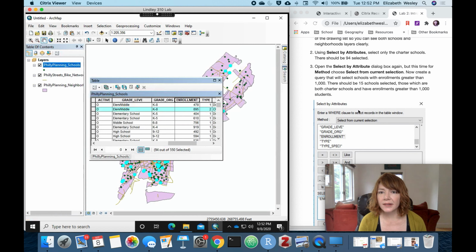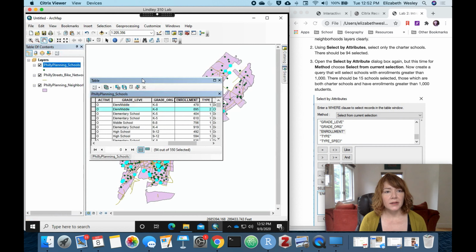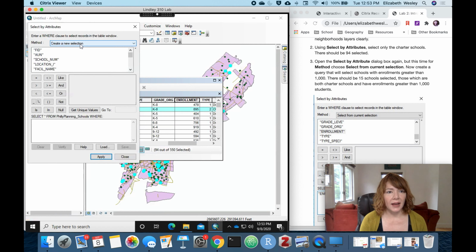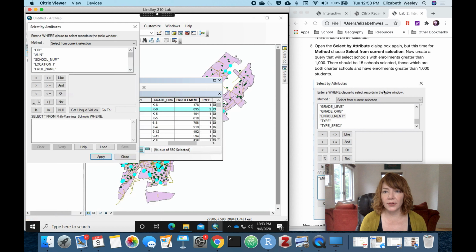All right, so now with these selected, we'll go back into select by attributes. And now here for the method, instead of creating a new selection, there's add to current selection, remove from, or select from current selection. So we're going to use the select from current selection. So of these 94 schools that we already have selected, which are the charter schools,